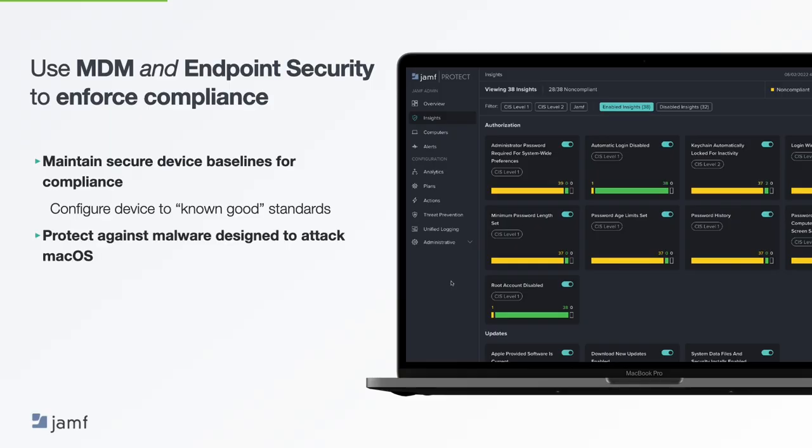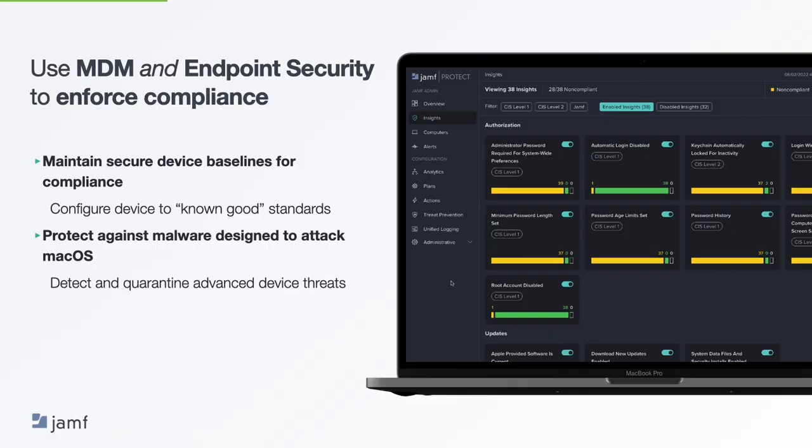These solutions use advanced threat detection and prevention techniques to safeguard devices against things like malware, phishing attacks, and other cyber threats. For example, endpoint security solutions can use machine learning algorithms to identify and block malicious activity, to monitor device behavior for anomalies, and to block access to known malicious websites. Some solutions can even provide real-time alerts and automated response actions to help IT teams quickly respond to those security